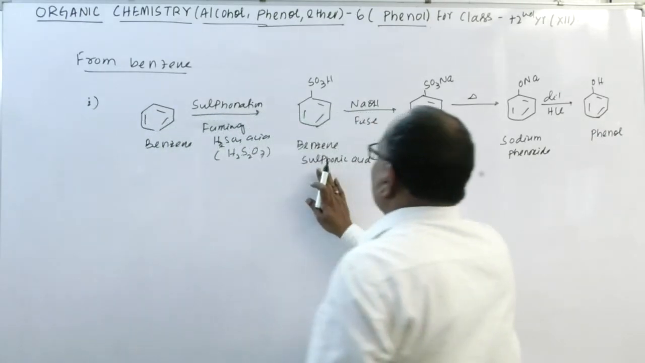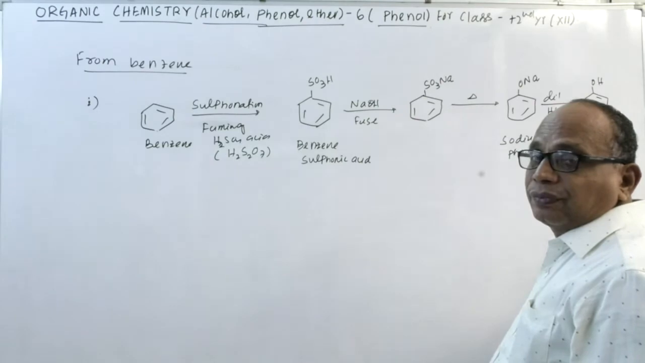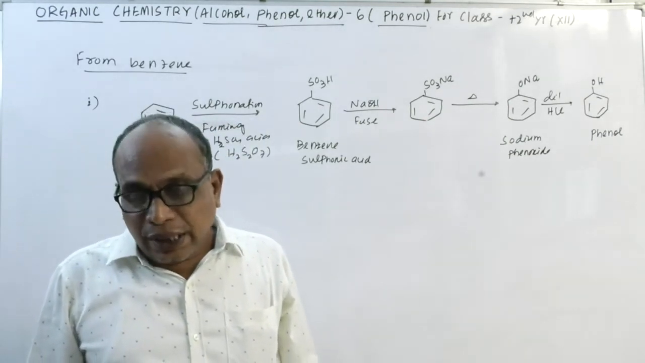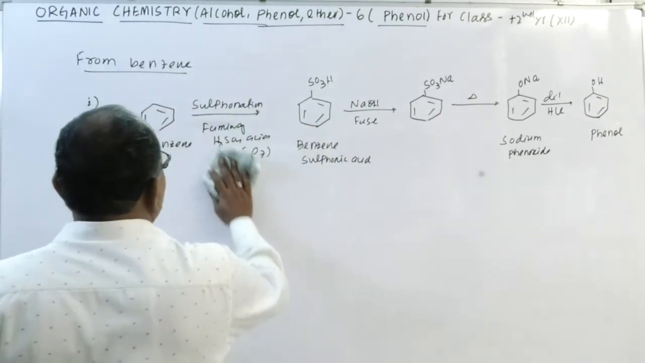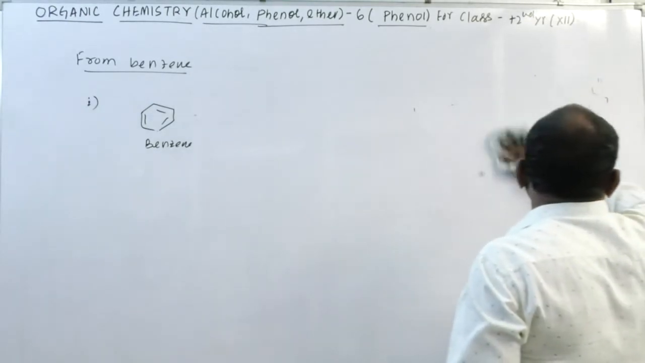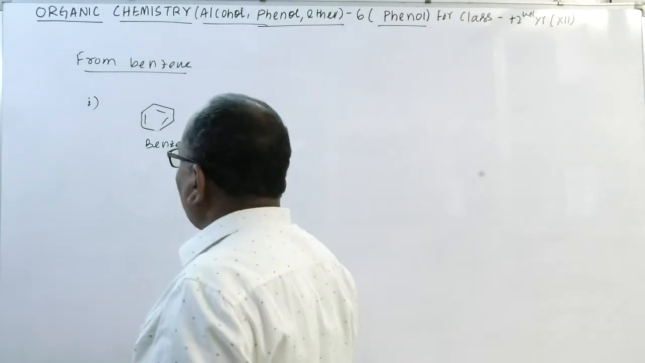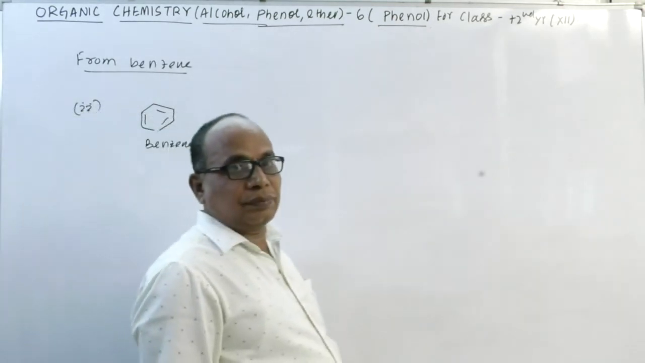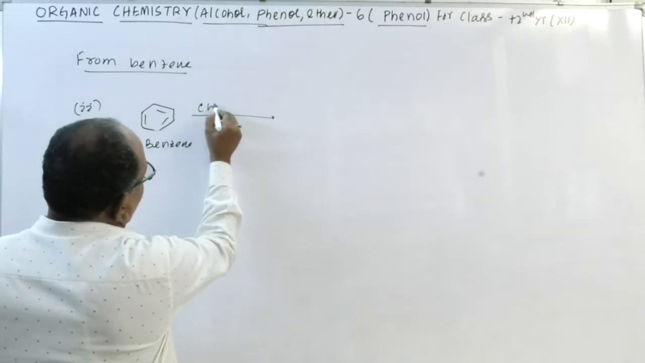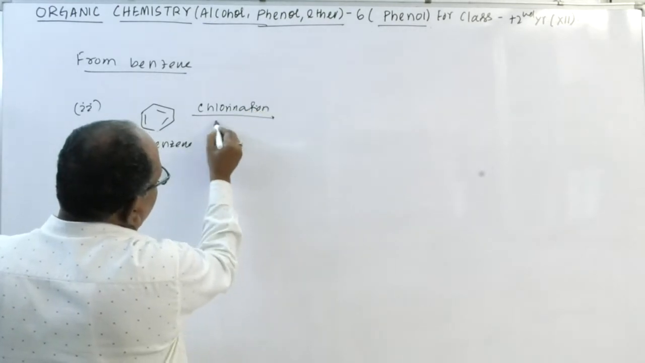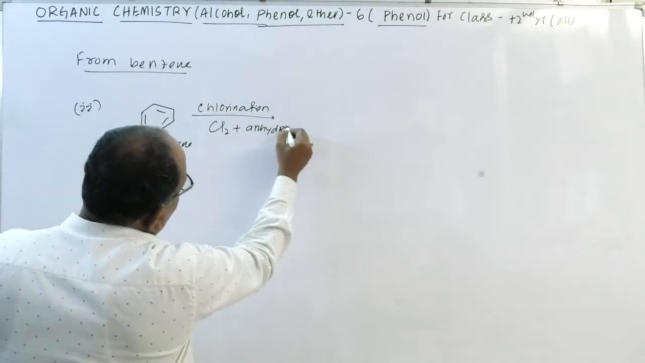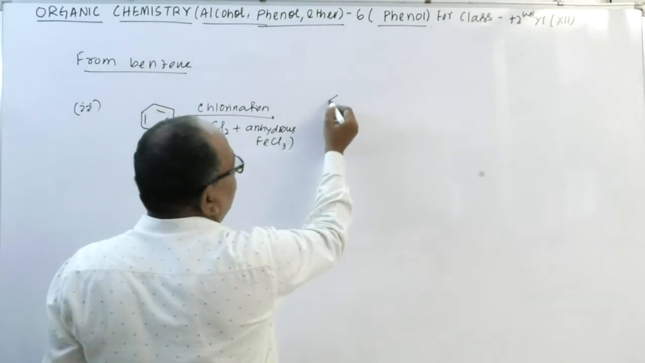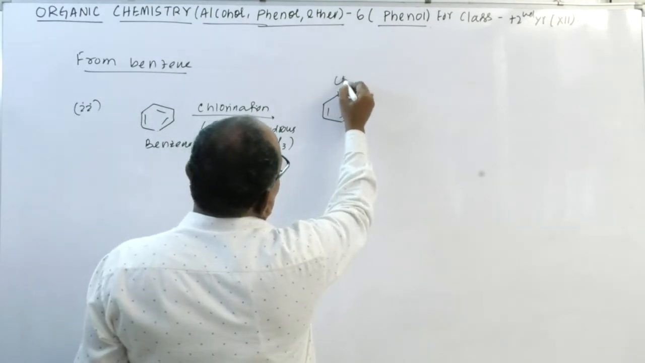Actually, in our book, what is given is from benzene sulfonic acid to phenol. Okay, this is one of the methods, the conversion of benzene to phenol. Second method, you come to the benzene. This is your benzene, and chlorination. What is chlorination? Benzene treated with chlorine plus anhydrous ferric chloride. One hydrogen atom is replaced by chlorine, that gives you,